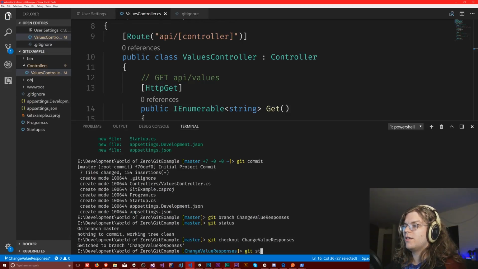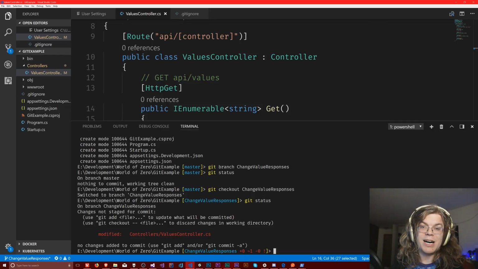If I go here, we'll do a git status. You can see we've modified that file and it's being detected there. You can see the little squiggle. And so let's add that change. Git add,